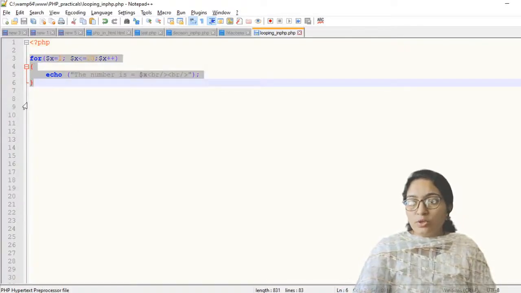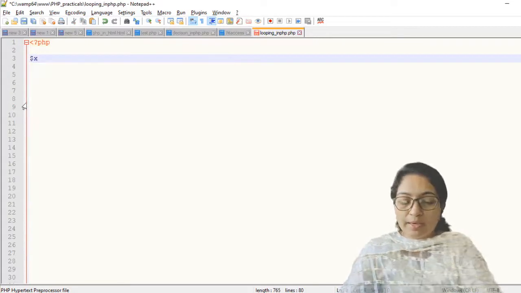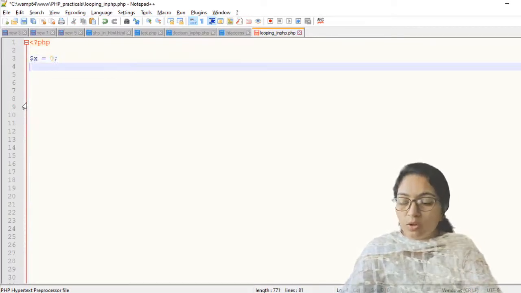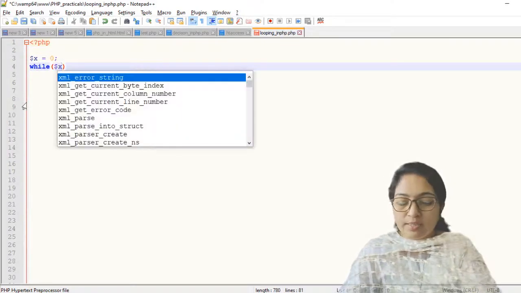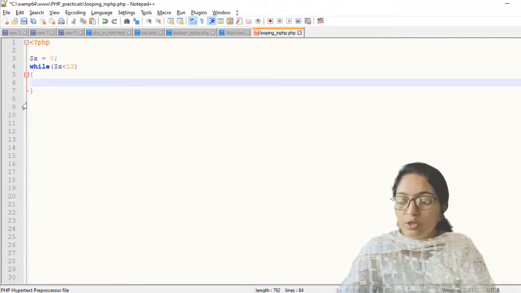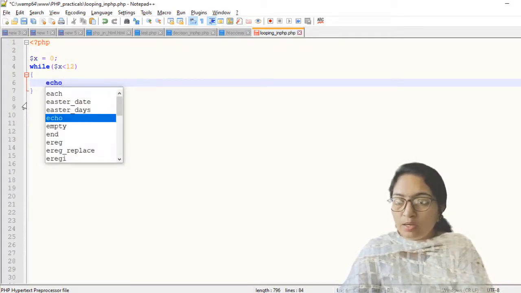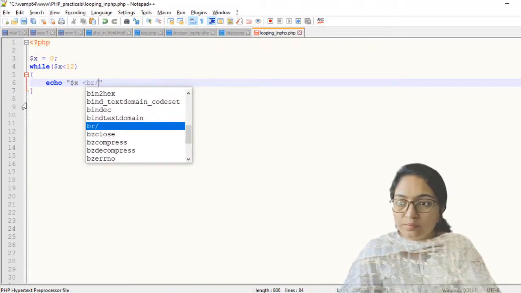Here, in place of the for loop, just write the while loop. Declare one variable $x = 0, with a semicolon. Then write down while, suppose $x < 12. And in the body portion, suppose you are printing, write echo $x and the br.